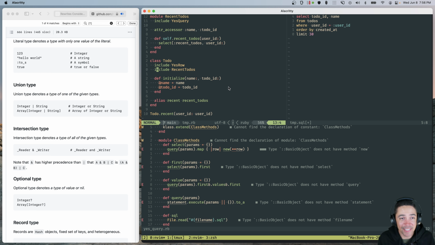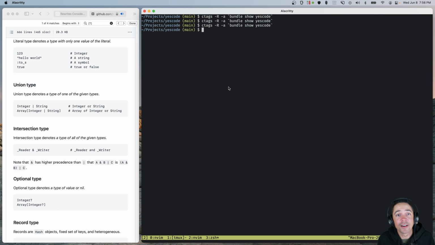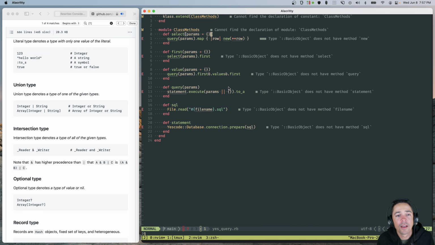The typing, right? RBS types. Let me delete that stuff real quick. All right, what is it? What did I say? Temp RB? Temp SQL? Is that what I did? Yeah. Okay, so